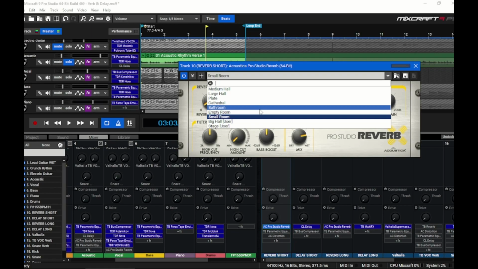So naturally, in a bathroom, you're in a tight space, so all of the reverberation is very immediate, and then it fades away very fast because there's not a large space for it to occupy and bounce off. So small room settings and reverbs are really important, even if you're trying to portray a really big venue, because